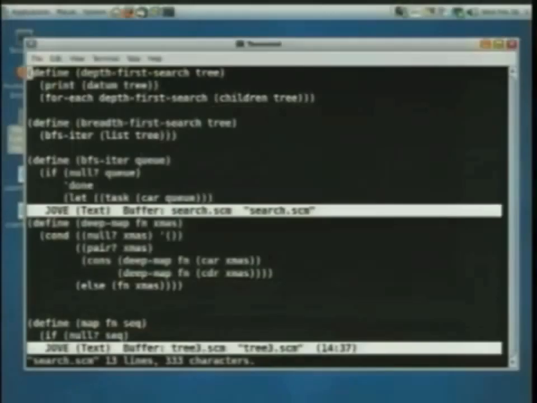So to depth first search a tree, and here all I'm going to do is print out the datum of each node. So I start by saying, print the datum of this node, music. And now I'm going to say, for each of the children, depth first search them. So I'm going to depth first search Beatles, which means I'm going to print Beatles, I'm going to print John, Paul, George, Ringo. Then I'm going to depth first search Who. And I'm going to print Who, Pete, John, Keith,